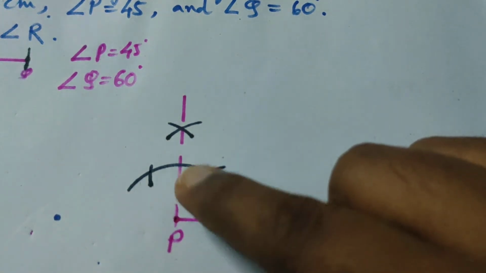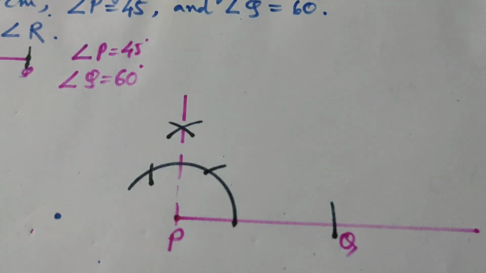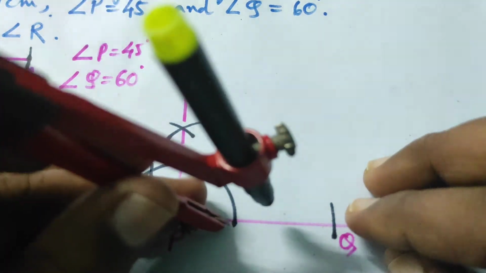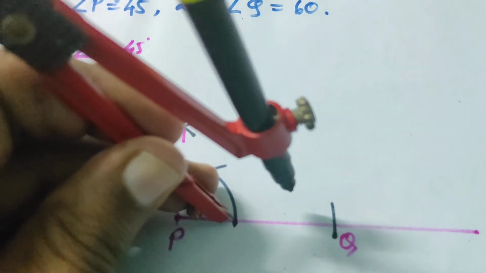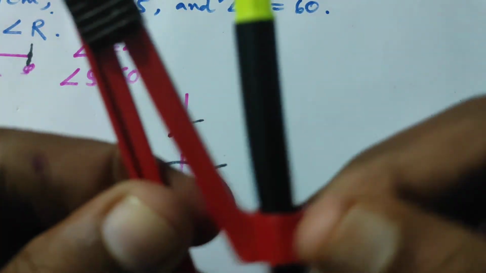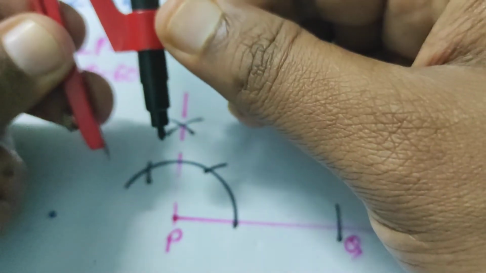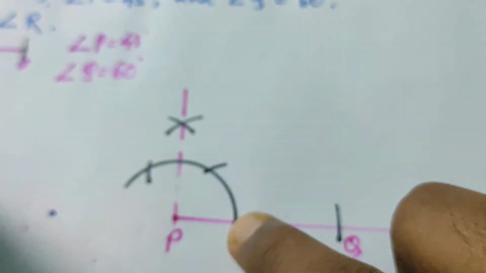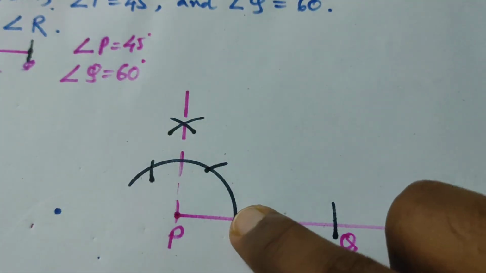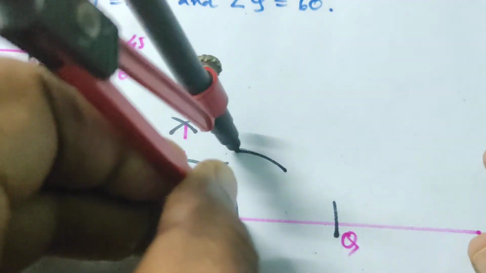So for bisecting the angle, we just put the needle over here. First of all, you can take any considerable radius in your compass, okay. In your compass, take any considerable measurement, and then using that measurement, we put the needle at this point, and cut it, and using the same measurement, put the needle again at this point and cut the previous arc. And if you join the point P and this point of intersection of the two arcs, we will get a 45 degree angle.